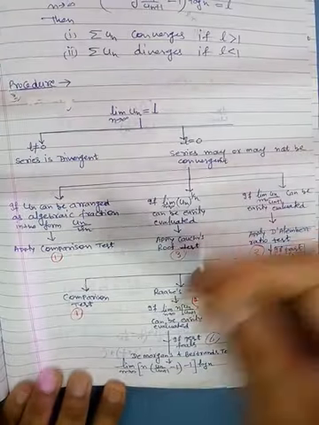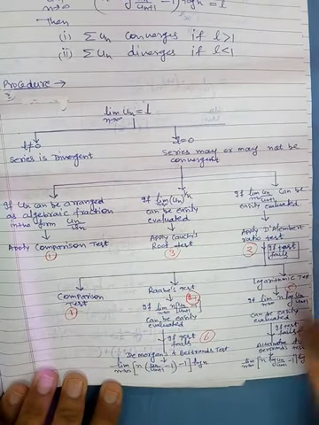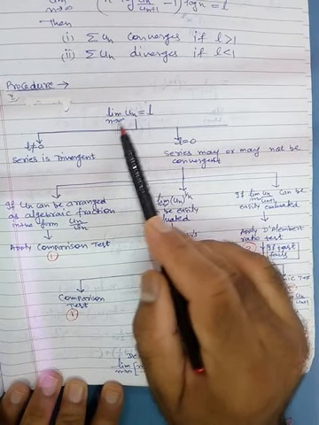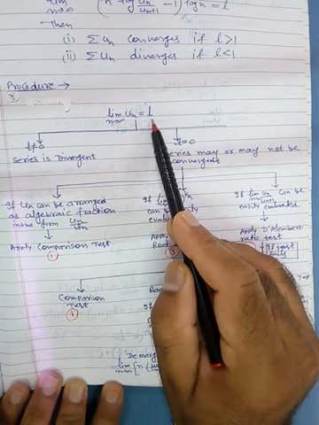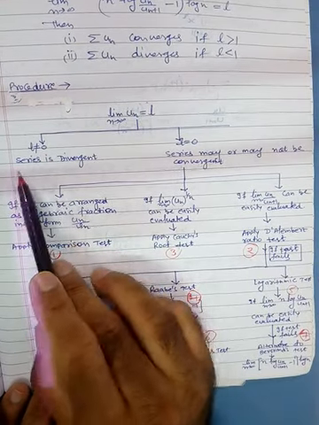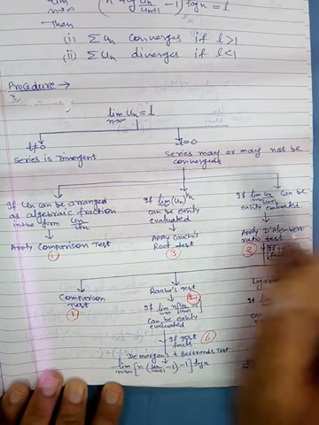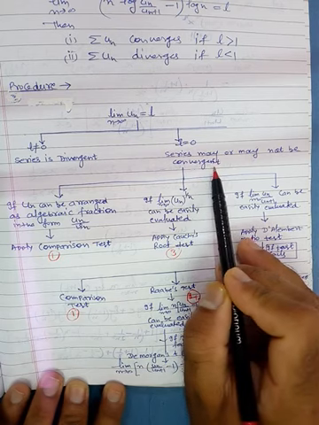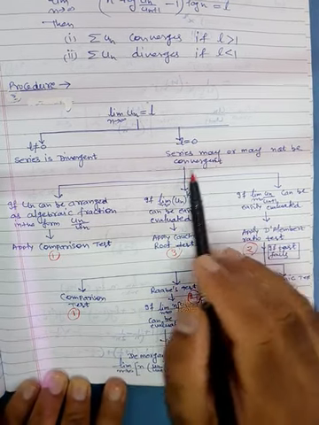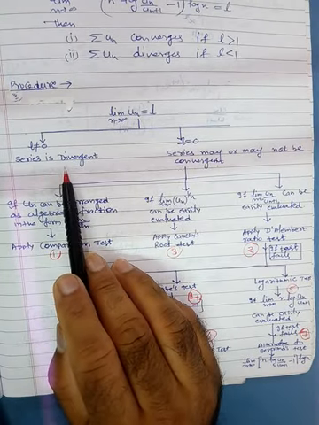Now this is the procedure. How to test? We have discussed the limit and 7 tests. So how to apply these? The procedure is that first find the limit of n tending to infinity of un, equal to L. Either the limit is 0 or non-zero. If non-zero, the series diverges. If this is 0, then the series may or may not be convergent, because we are not able to classify whether the series is convergent or divergent here. However, here we are very sure that the series is not a divergent series.